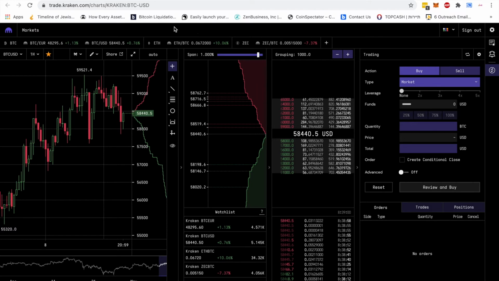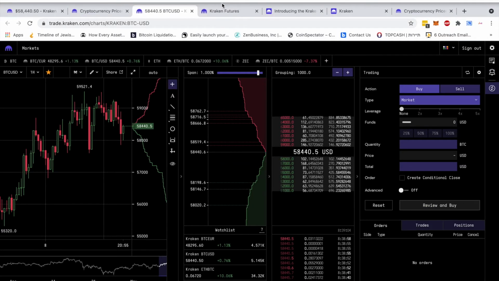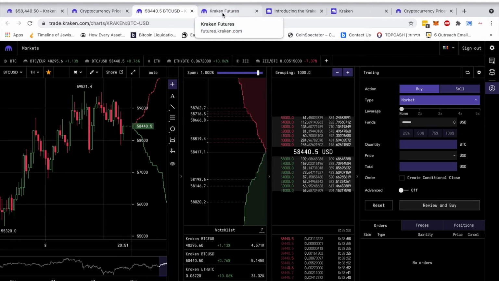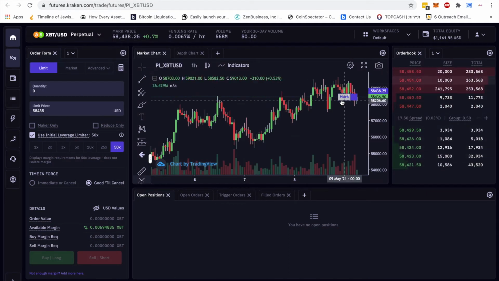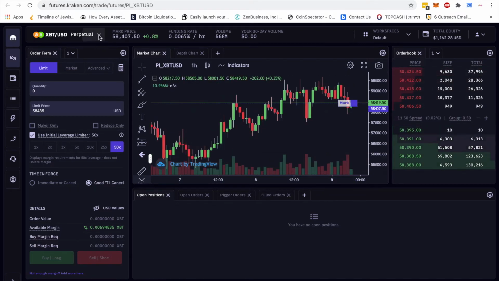So this is the Kraken terminal, which was called CryptoWatch before and was purchased by Kraken. Just inside information. And then you have Kraken Futures. Now, if I'm being honest, for me this is probably one of the nicest to look at, maybe easier futures trading platforms, because it's very colorful, very inviting.